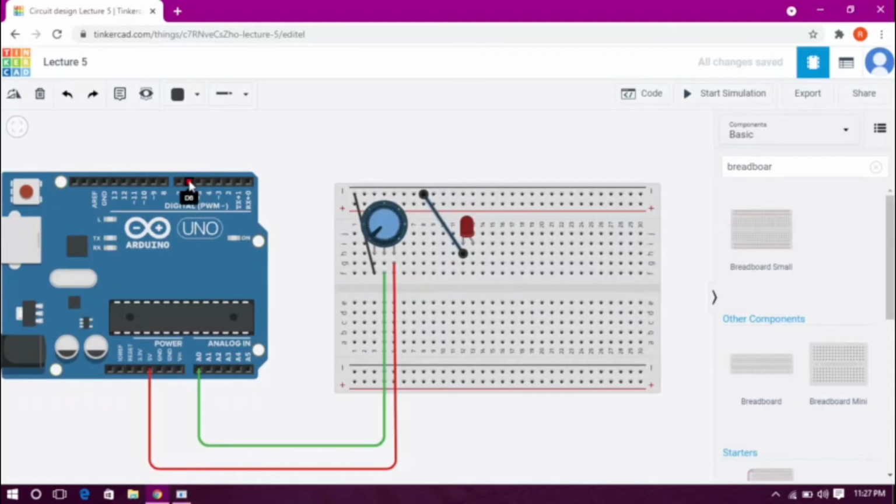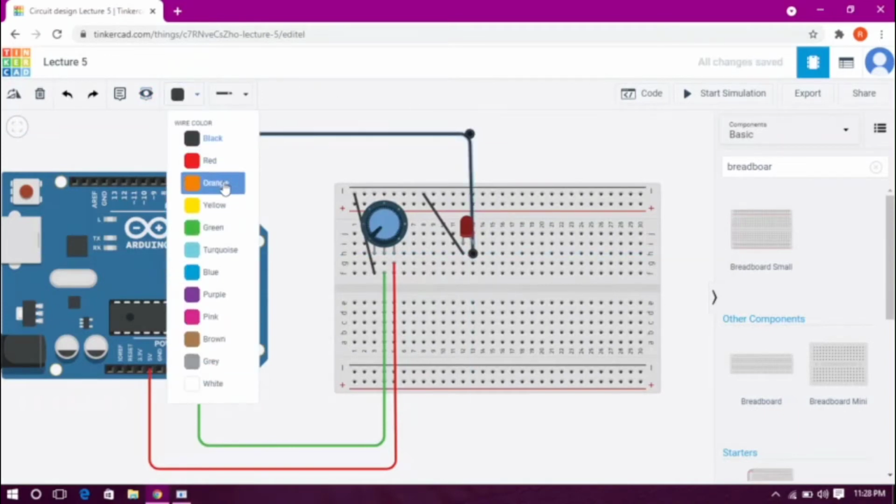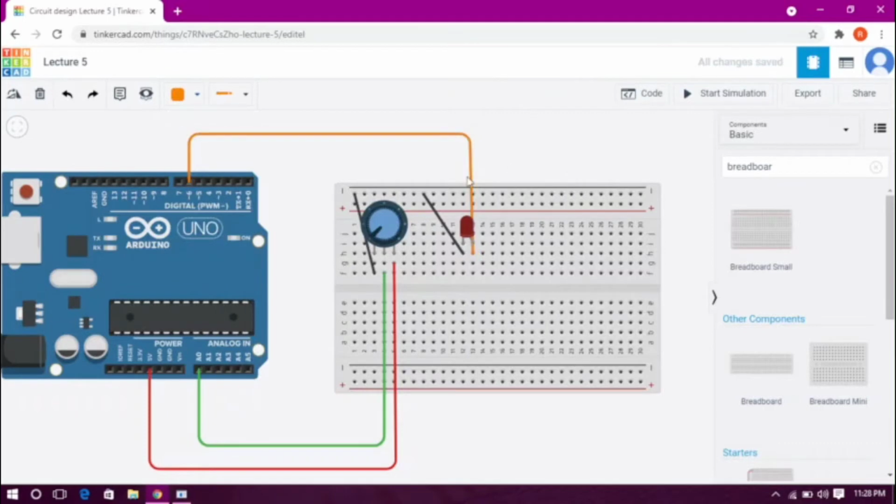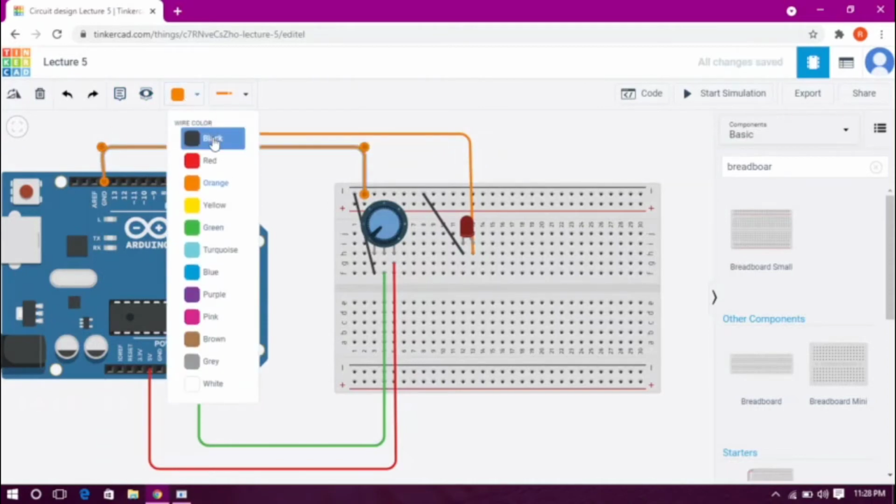For that I will choose this pin 6, and I will join it over here and mark it as, let's say, orange. Now we will be grounding our circuit. I will take one wire from this row towards the ground of our Arduino, and mark it as black.